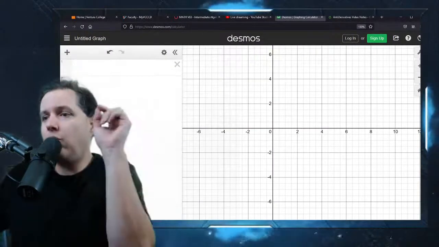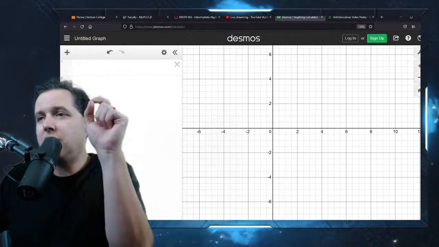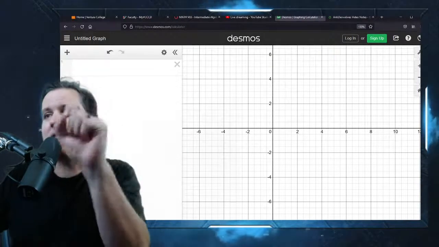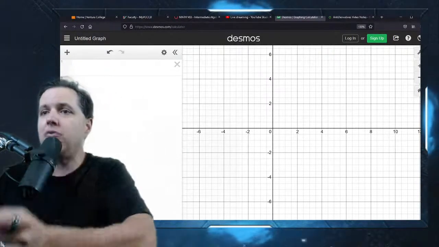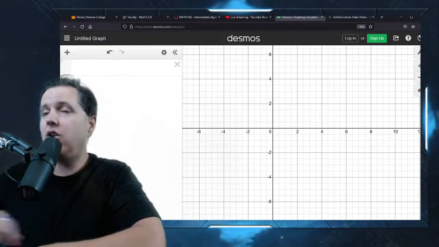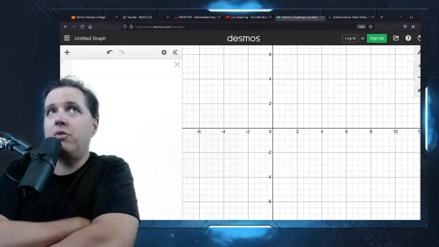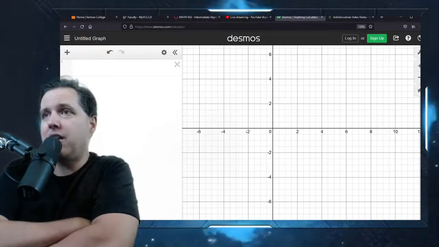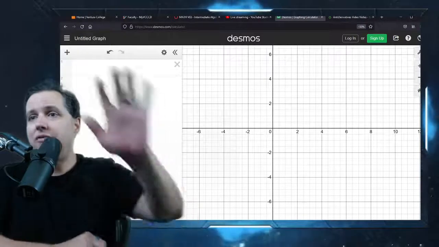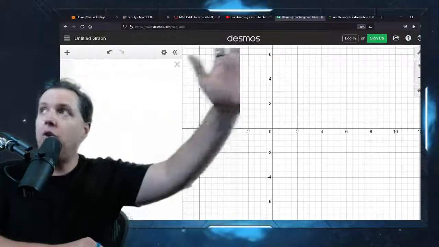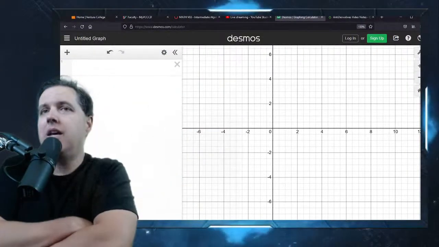So when we talk about a system of equations, and specifically right now we're talking about systems of linear equations, that means we're talking about lines. Or when we talk about the three-dimensional case, we'll be talking about planes. A plane is like a flat surface, like a window is a plane, that kind of plane.